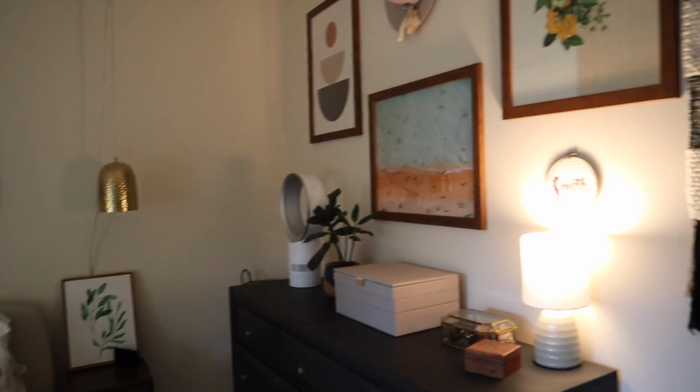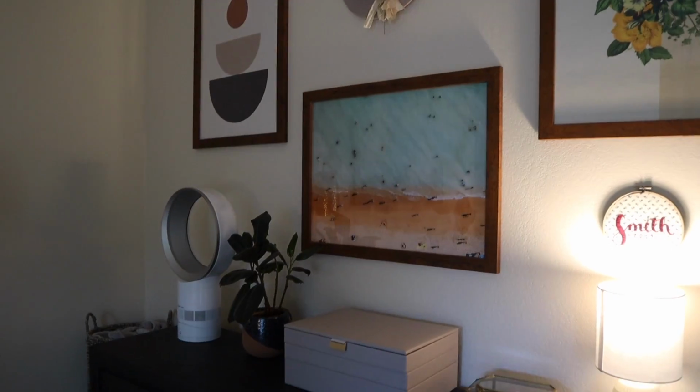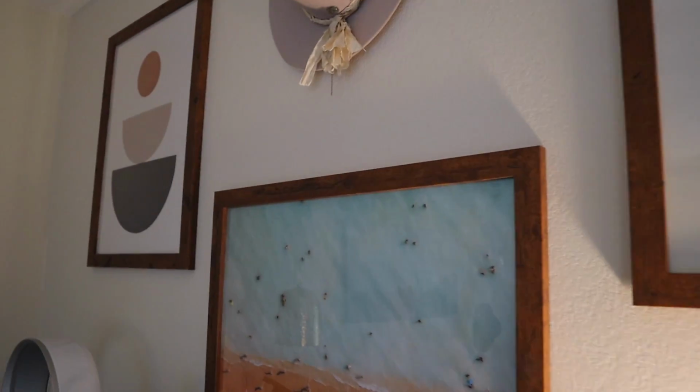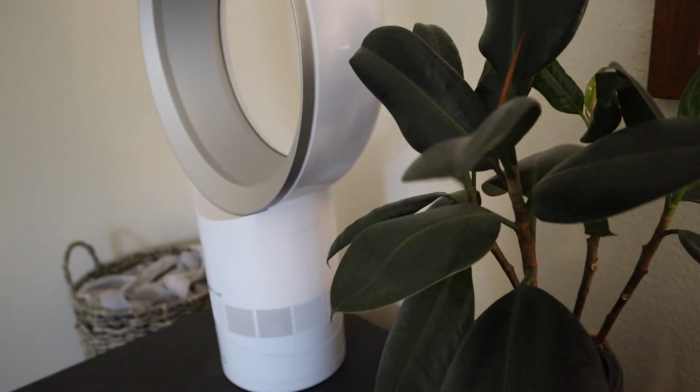Over here we have our gallery wall and this dresser. I bought this dresser on OfferUp. It was a vintage dresser and it was completely repurposed, and they were selling it for like $100. It's solid wood, it's not composite. That's something that I love. This is something that I want to document while it's still like this because I do think I have a